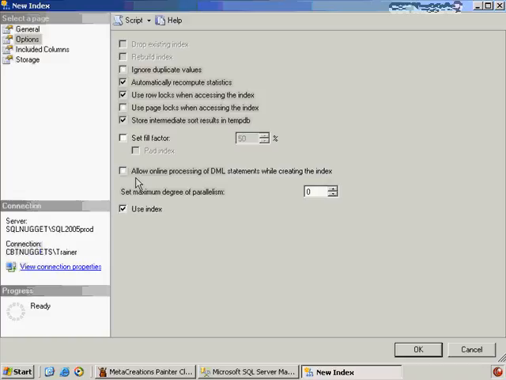Now, new in SQL Server 2005, and only with Enterprise Edition, mind you, we can do online processing of DML statements while creating an index, and also while rebuilding our indexes, which we'll get into shortly. So a very, very cool new feature here. It will take a little more time to create the index because it is going to be online and allow users to still access this data while creating it,